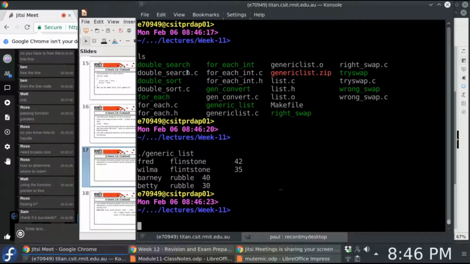Last name, then first name. So that's why the Flintstones come before the Rubbles, and Fred comes before Wilma, and Barney before Betty. Okay,